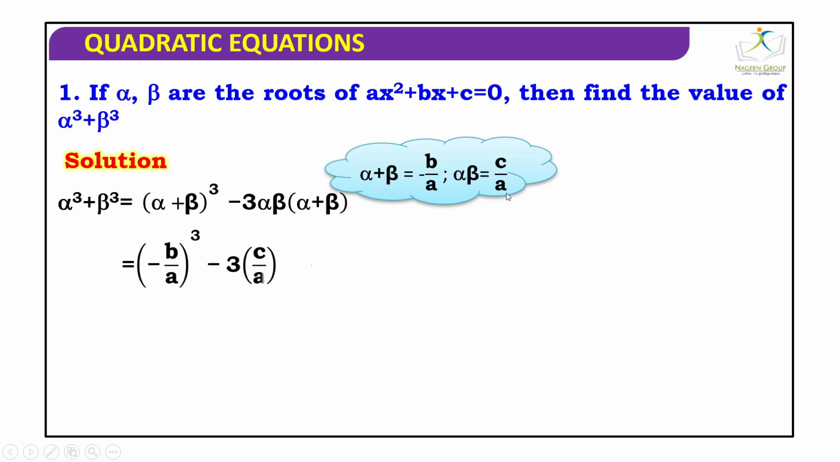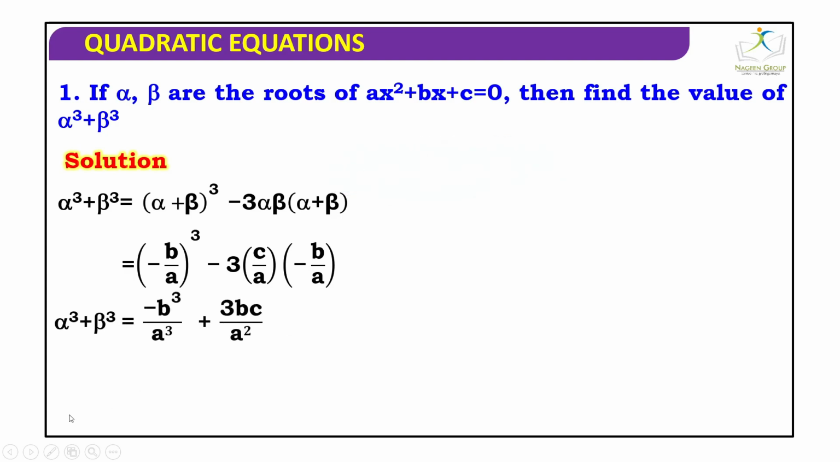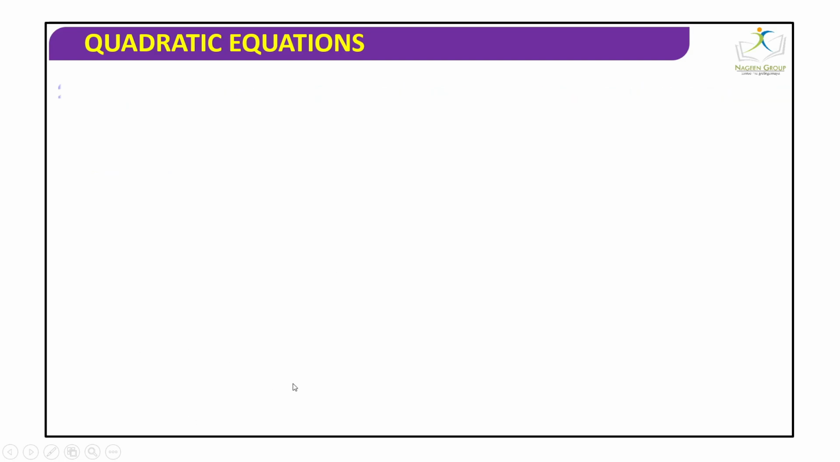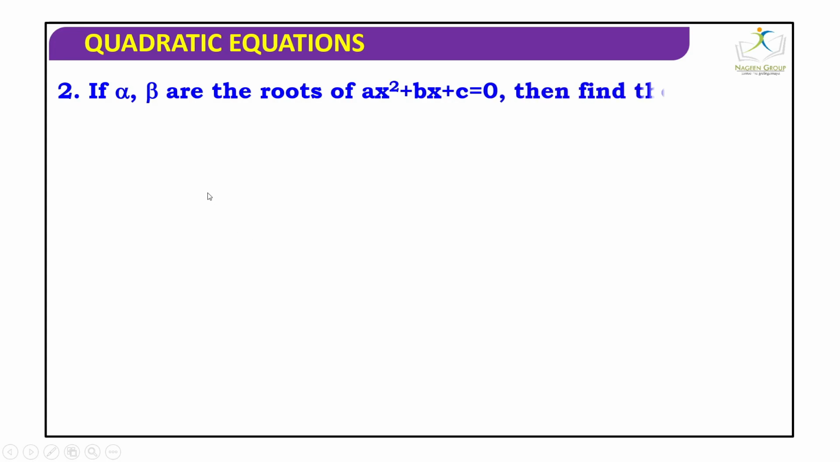So put the value, it is minus b by a, and here c by a minus b by a. So this will be minus b cube by a cube, this minus minus plus 3bc divided by a square. So this will be equal to minus b cube plus 3abc divided by a cube. Now from here, if alpha and beta are the roots, find the value of alpha by beta minus beta by